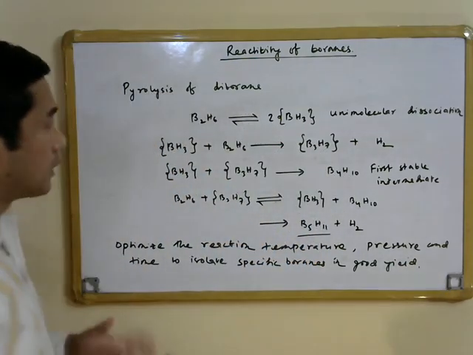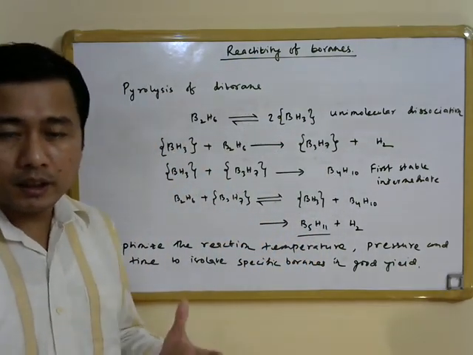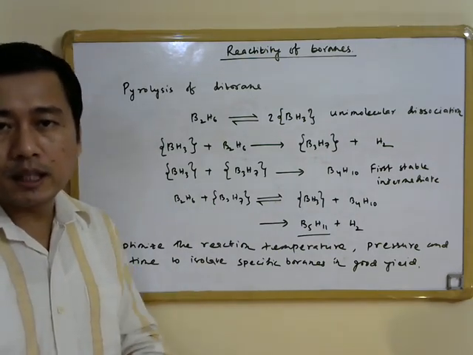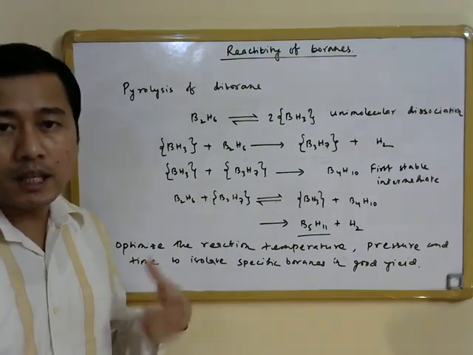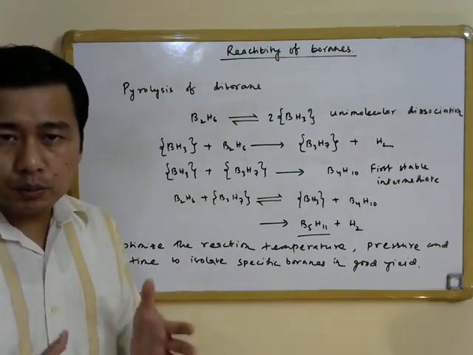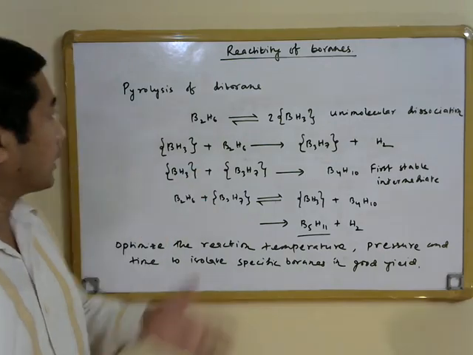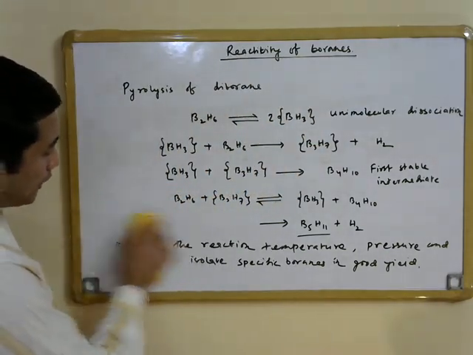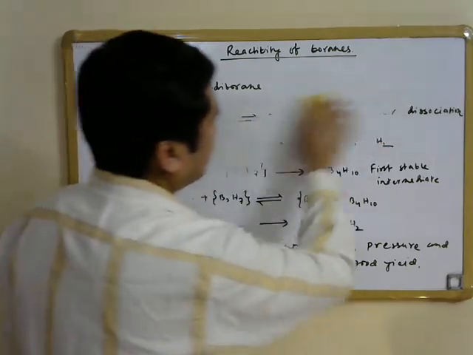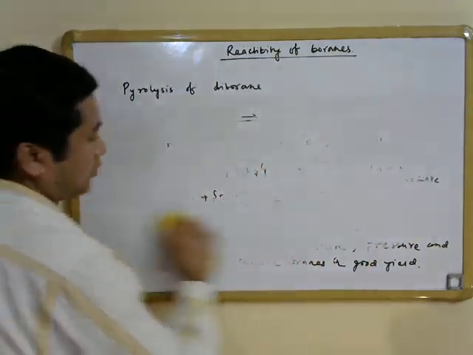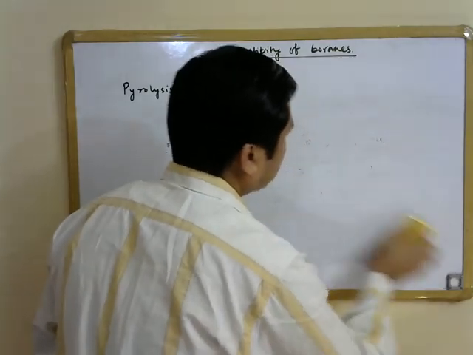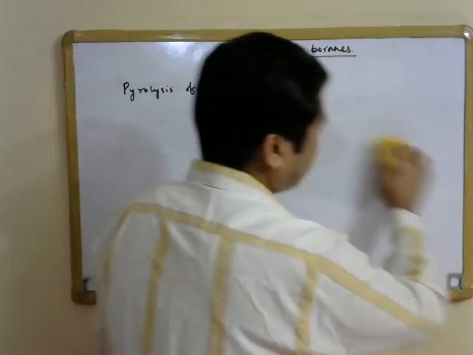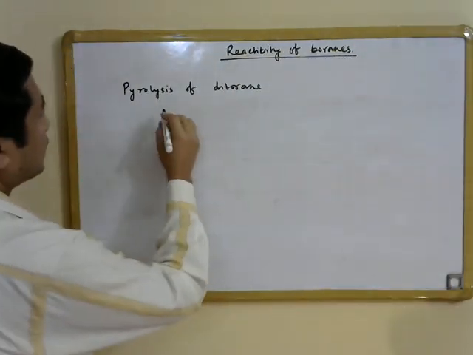So during this pyrolysis reaction, one can optimize the temperature of the reaction as well as the pressure and the reaction time, and this will allow one to isolate different boranes in good yields by doing this pyrolysis of diborane. So one example of an optimized reaction condition to isolate a specific borane molecule in good yield during the pyrolysis of diborane is that,